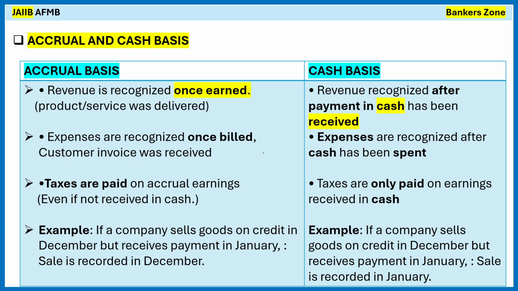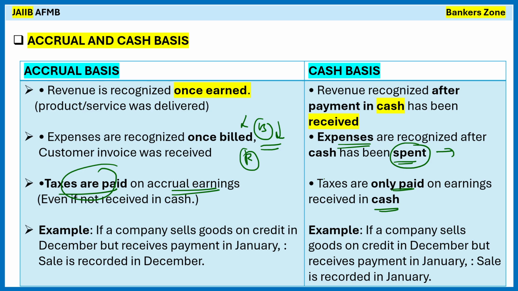Okay, so a simple thing. What is the meaning? Accrual means if you simply receive the bill, you will decrease that amount from your profit. In cash basis, when you pay it practically, on that day you will record it as spent. Taxes are paid on accrual earnings. Here we are recording the profit, so obviously we have to pay the taxes on the same. Here, in cash basis, you have to pay the taxes only after you pay the cash, not once you receive the bill. So with an example, you get the idea.